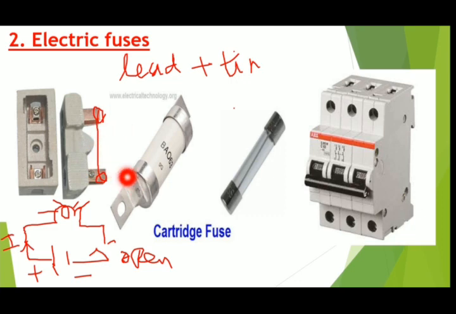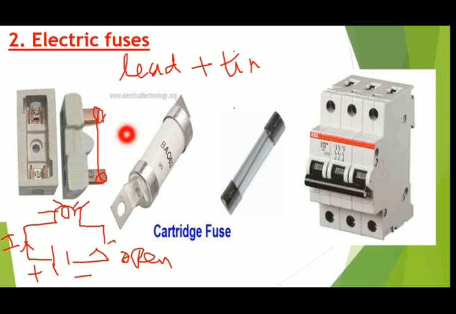It's nothing but, we can take a simple circuit. When high current passes through the circuit, there will be short circuiting, which is nothing but an open circuit. So the material of the fuse wire is lead and tin. This wire melts and burns out when the current increases above 5 ampere and 35 ampere respectively.